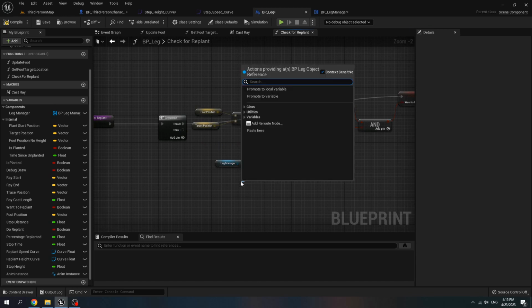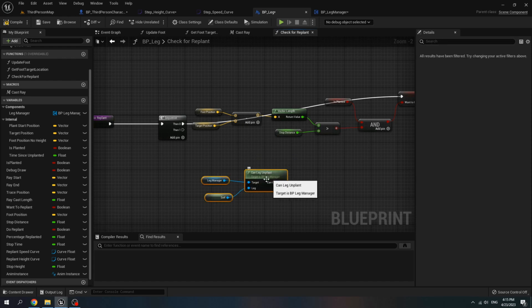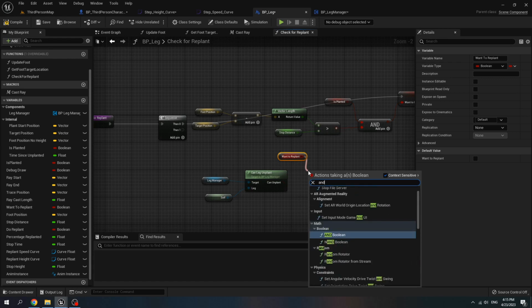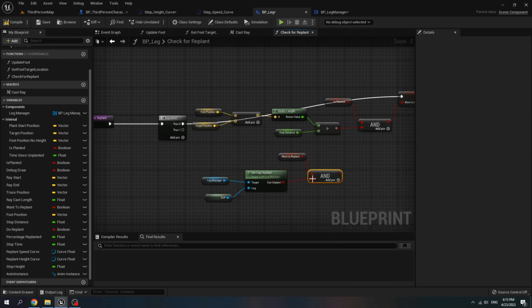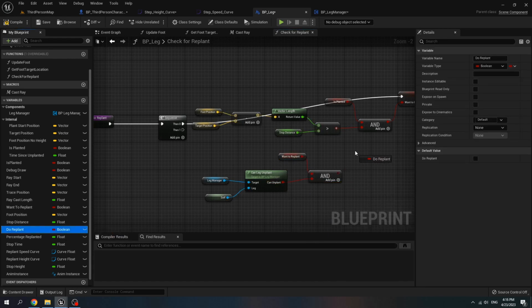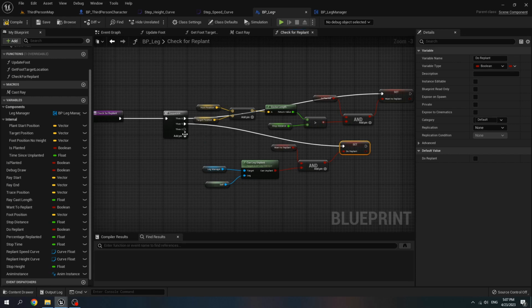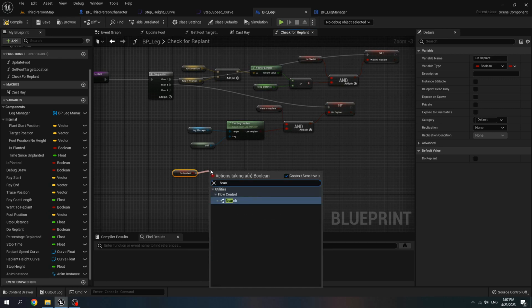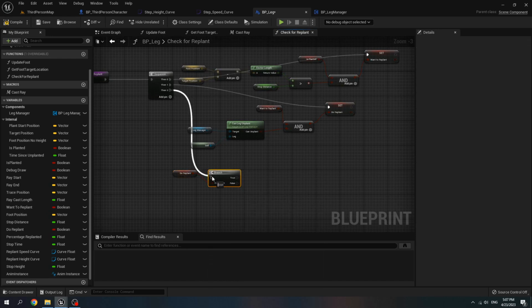For the leg we choose shape and get want to replan, call and boolean, connect it to and set do replan. Add pin, get do replan, create a branch and connect it to the branch.